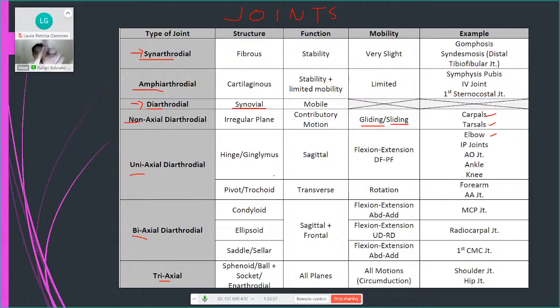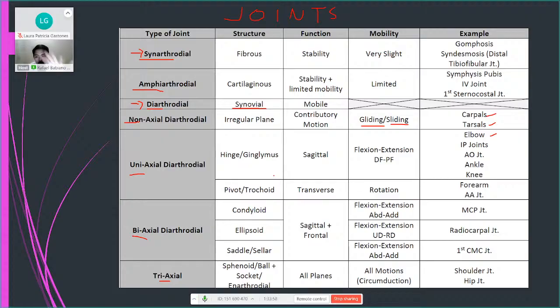This is your MCP, metacarpophalangeal. The connection between the metacarpal and the proximal phalanx. This one, didi na move. Not here. If you try to move your interphalangeal like this, diri niya kaya. One axis laya. Like this. One axis. Like that. Alright?